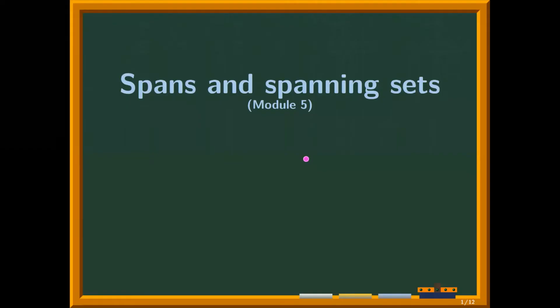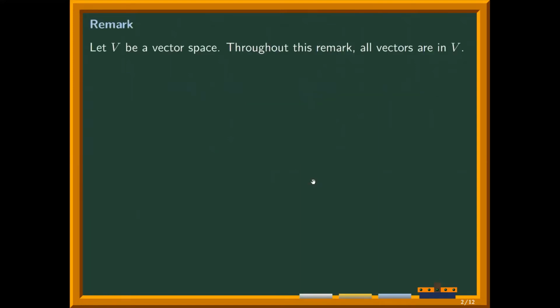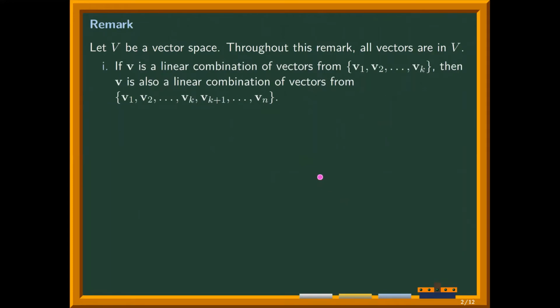Here we are going to discuss sets of linear combinations of vectors in a vector space. First, we consider a remark about linear combinations. So, given a vector space, if a vector v is a linear combination of vectors v1, v2 up to vk, then note that v is